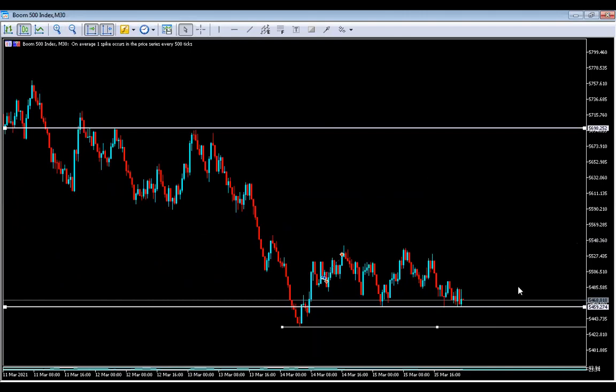So you want to be observing when the market will break out. If the market breaks out of this zone, there's every tendency for you to sell long till it gets to this zone again. Because this zone has only supported once, there's every tendency that if this market breaks out, it's going to support it again